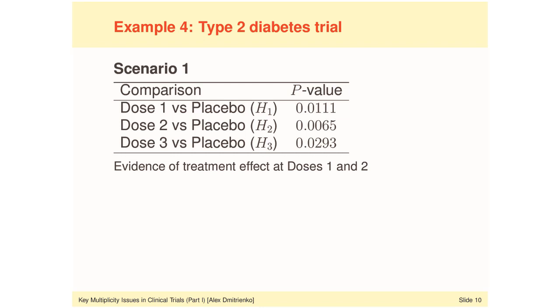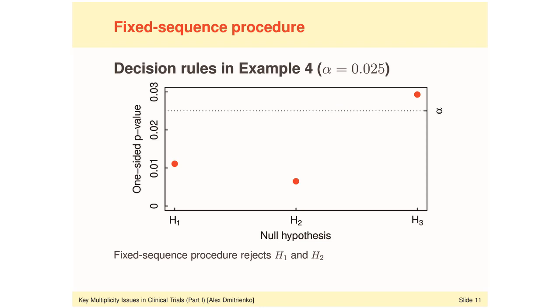And the table lists here the one-sided p-values for the 3 tests under scenario 1. We introduced this scenario in module C. And this scenario serves as an example of a favorable configuration for the fixed sequence procedure because, as we can see, there's evidence of a significant treatment effect at doses 1 and 2, the high dose and the medium dose. And as a result, as we see in this plot on slide 11,